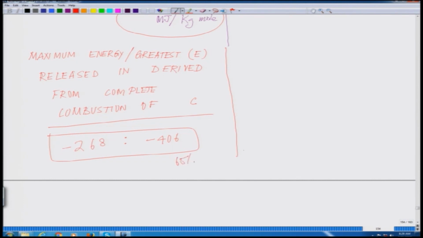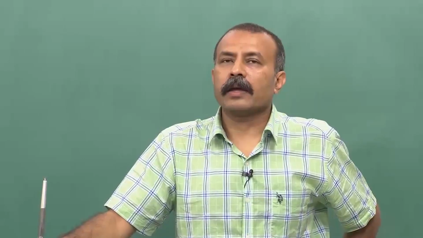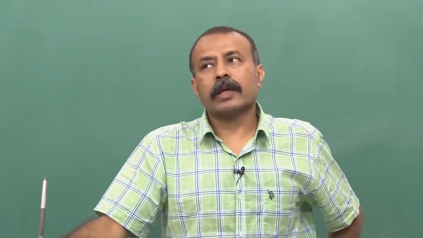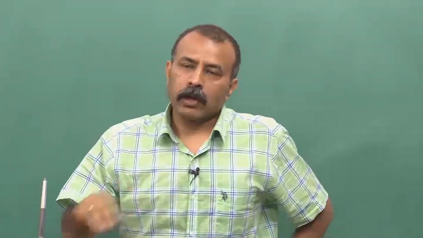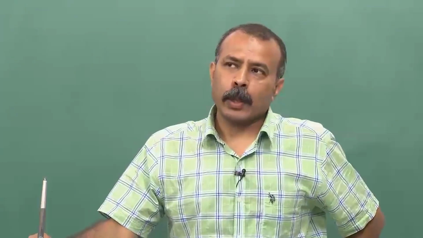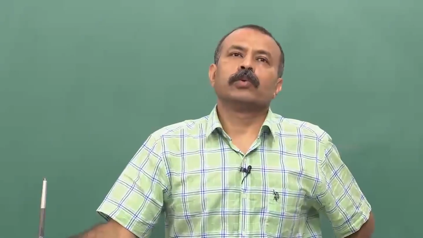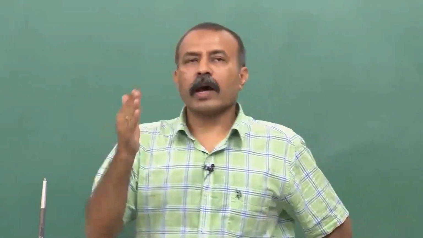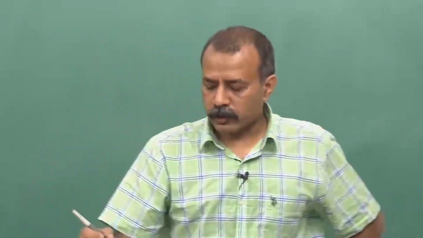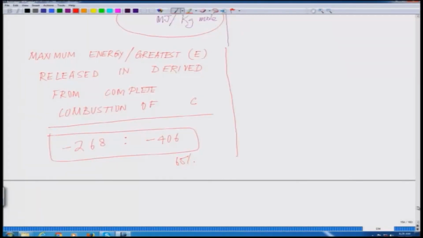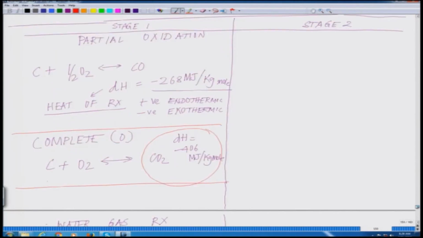Now, this is stage 1, where you see the products you are getting: carbon monoxide, carbon dioxide and hydrogen, as well as a lot of high temperature steam. So you have 4 different kinds of mixture present there. But then what happens in stage 2? Now, we will come to stage 2 of gasification.